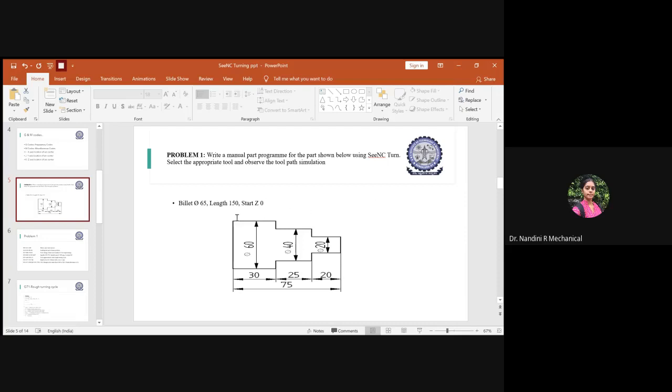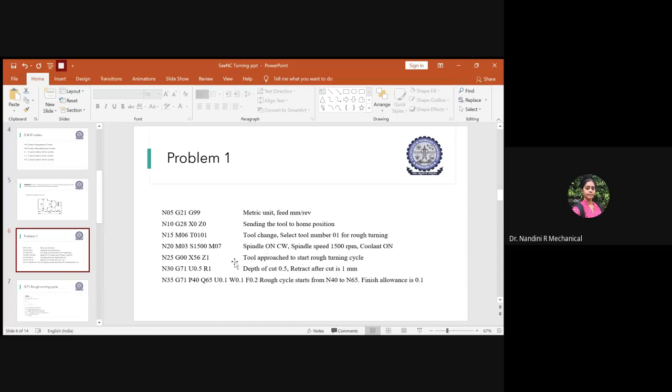It will come nearer depending upon the dimension values you are giving with respect to X and Z. I told you initially Z cannot be given any value, it will be 0, and for X you can give the value, right? So now G00, what is G00? Anyone can tell me? I told you right now.